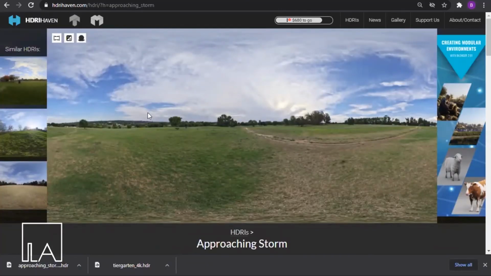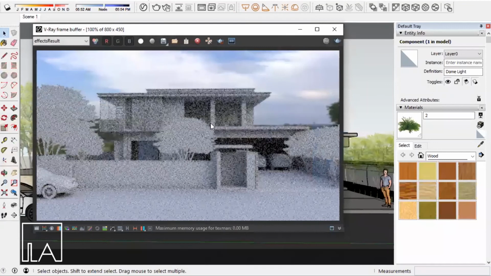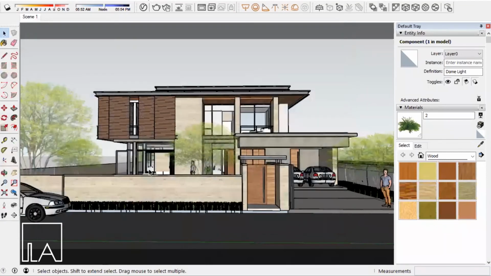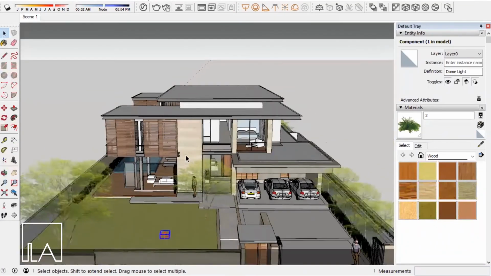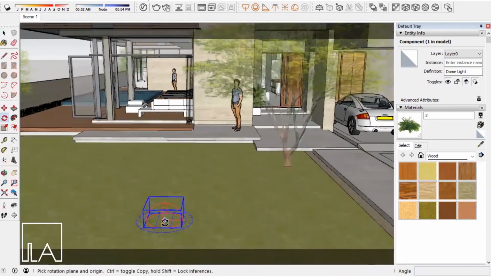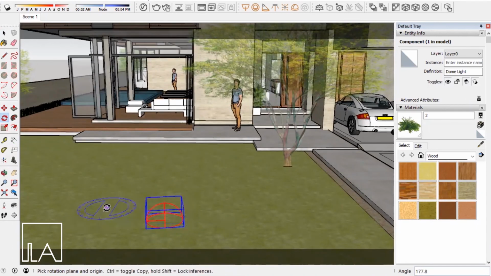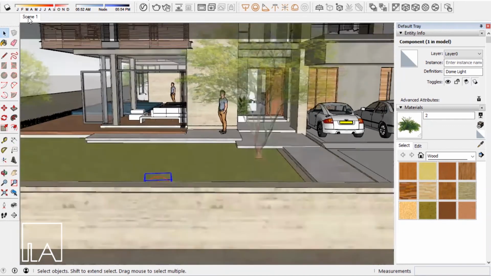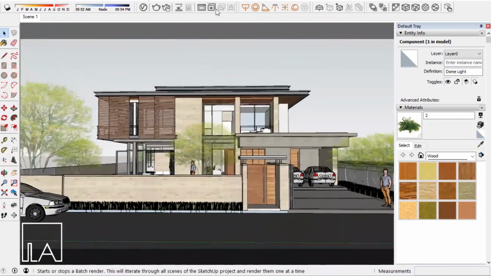First relate the render to your image and check which part of the render you are seeing. Once you're clear about that, decide which part of the render you want to see and rotate the dome light accordingly. So I'll go back to my asset editor, and here I'll start rotating my dome light. Choose the dome light option again, use your rotate tool, and start rotating your dome light. Once you're done with the rotation, come back to your scene and take a render again.